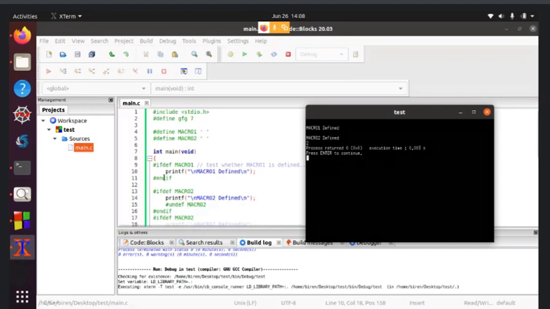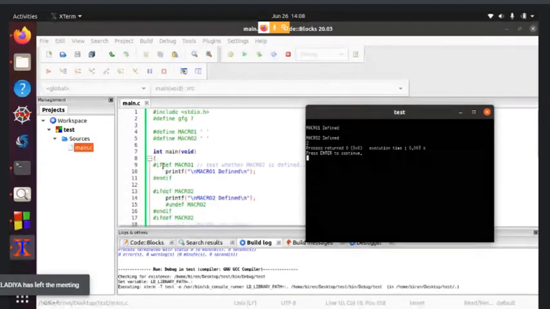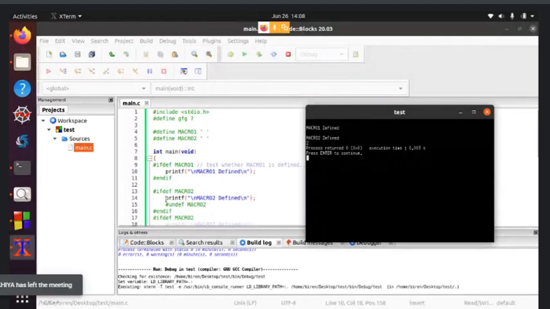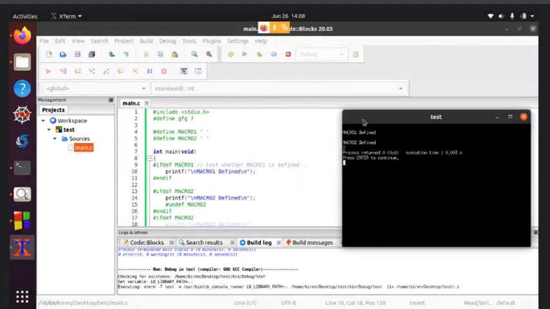These #ifdef and #endif are compiler control directives. Second, #ifdef macro 2: again we are testing whether macro 2 is defined or not. If macro 2 is defined, then we can observe this message on screen. So macro 2 is defined.